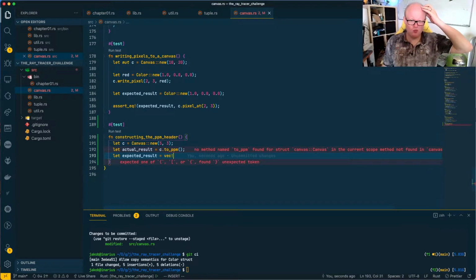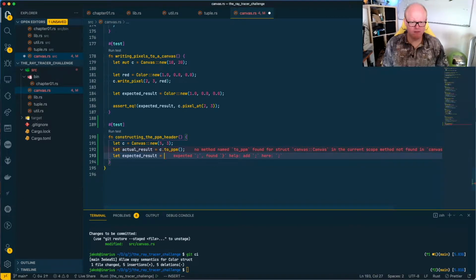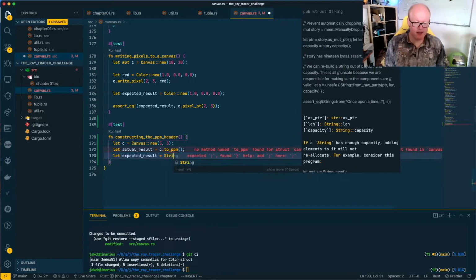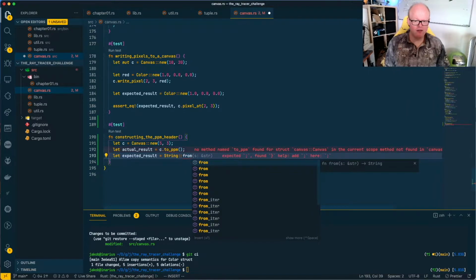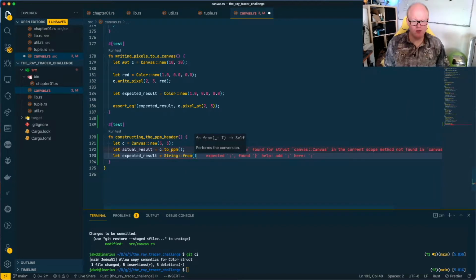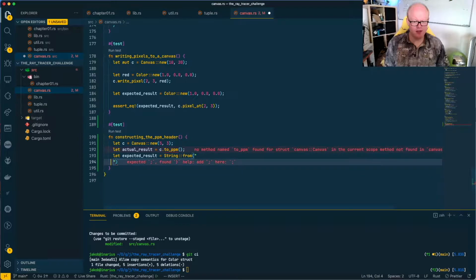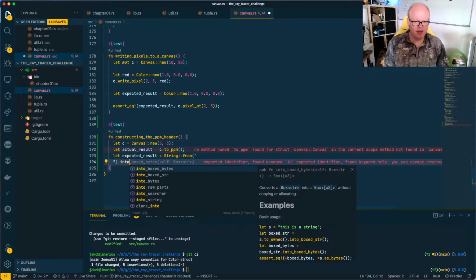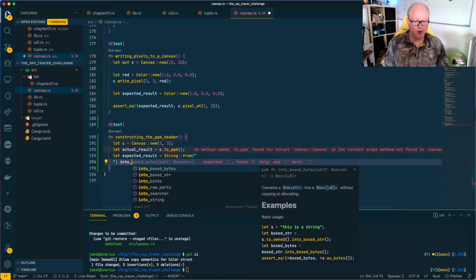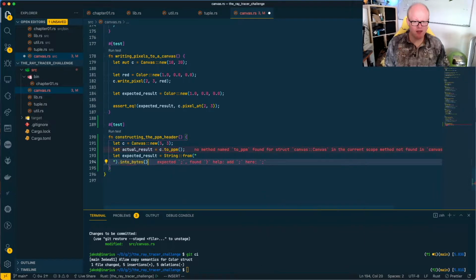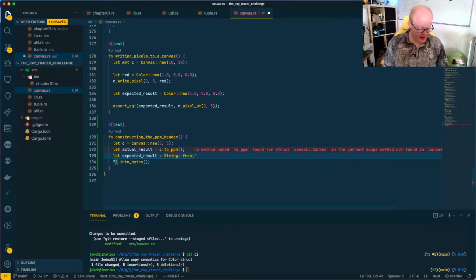Essentially, what I think we want is something like, if I understood this correctly, String::from. So now we are going to insert a string here and we say into_bytes, was it? Yeah. So we are doing it this way,